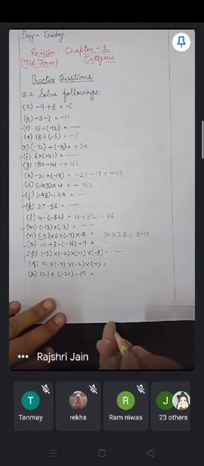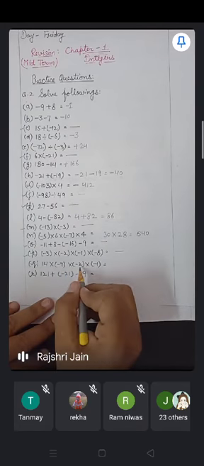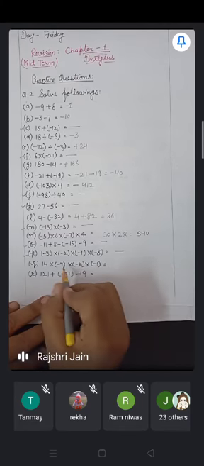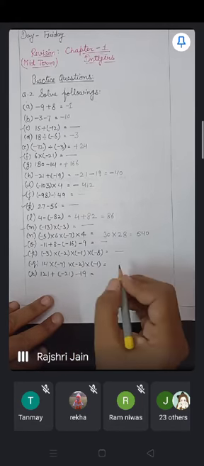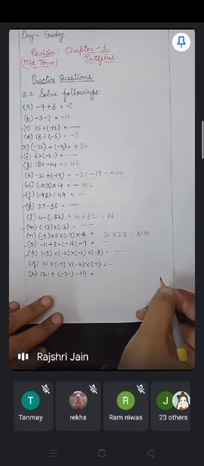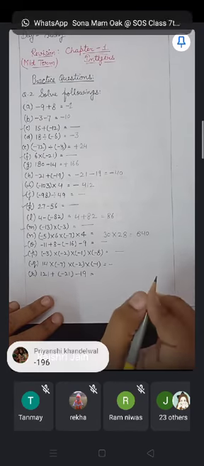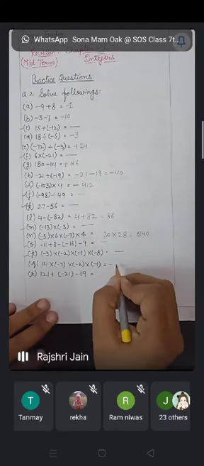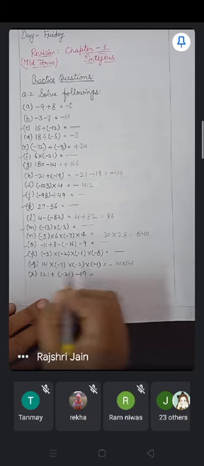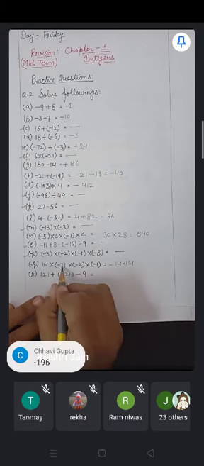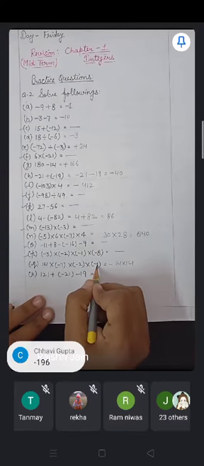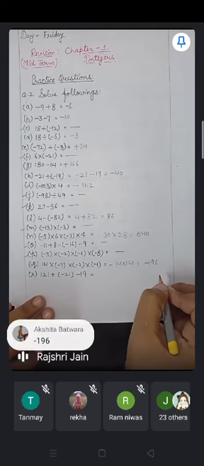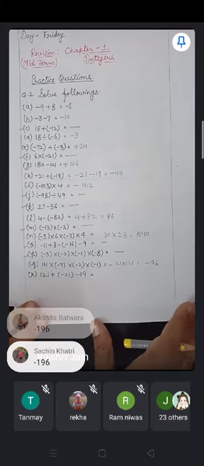Q, 14 into minus 7 into minus 2 into minus 1. You can see three negative signs are here. Just count negative signs 1, 2 and 3. And 3 is an odd number, so in the answer minus sign will come. Now I have put the sign, so there is no need to be confused about the sign. So 7 2s are 14. This 14 I write as it is, then multiply that 14 by 1, it will be again 14, and 14 into 14 will be negative 196. So the answer will be negative 196.